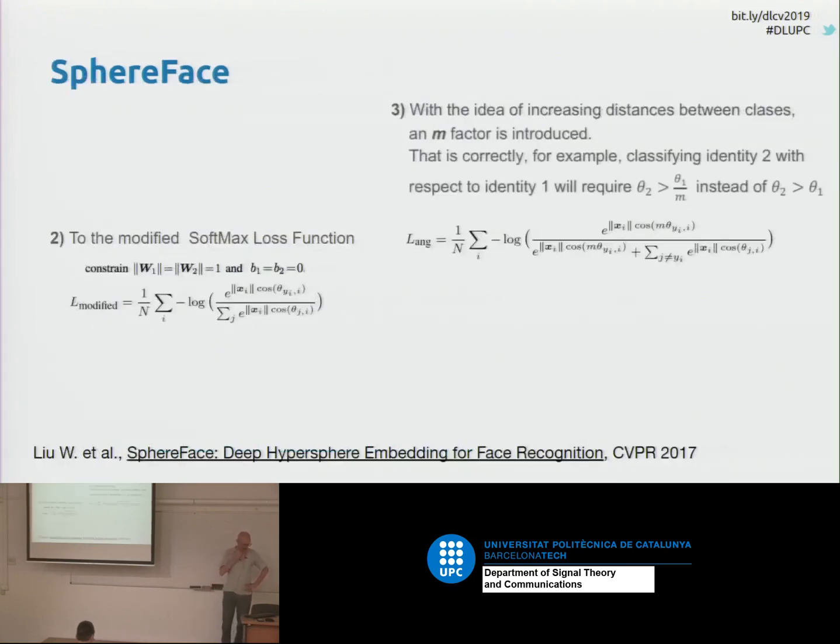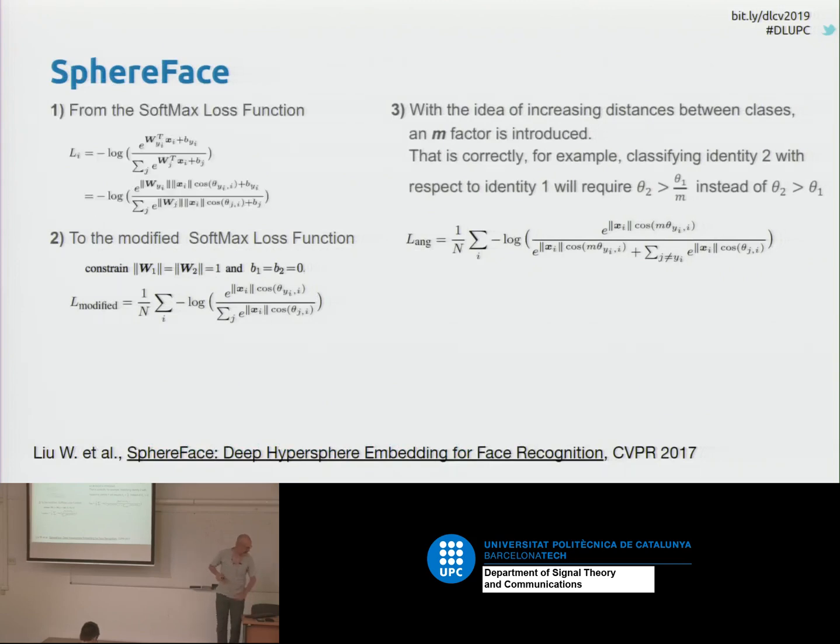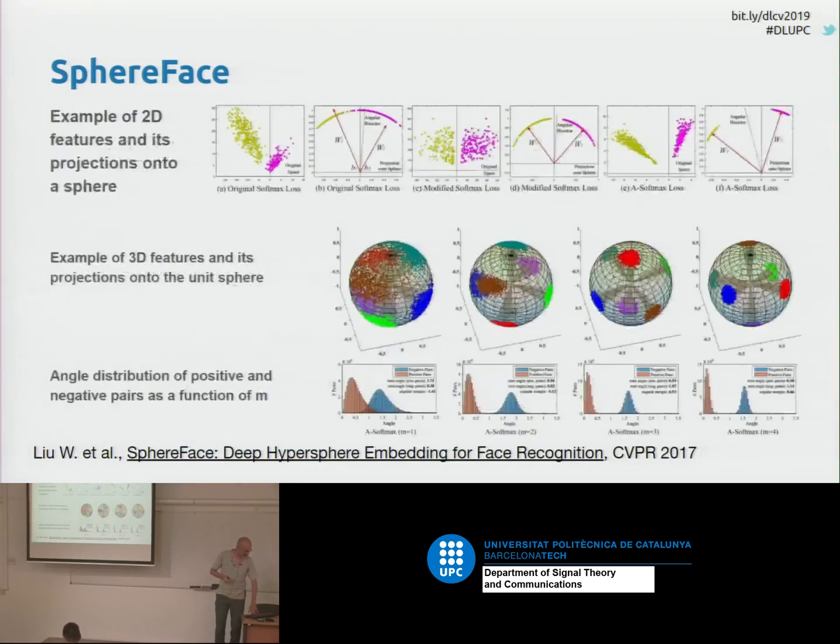Finally, the last one that I will review is SphereFace. In SphereFace, they realized that the softmax function is in fact creating feature vectors that have some kind of angular representation. For instance, this is a toy example with two classes, painting the feature vectors in a two-dimensional space. As you can see, using the softmax, the results are not very good for using these Euclidean distances,